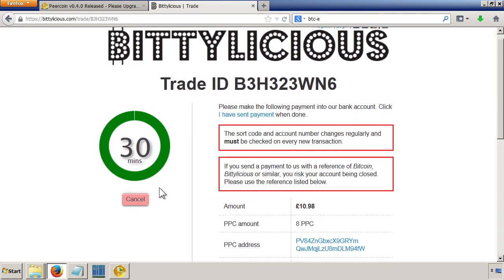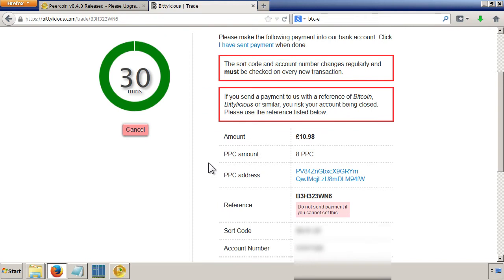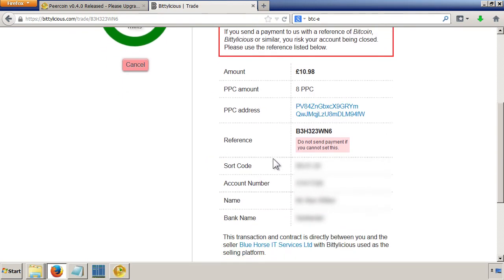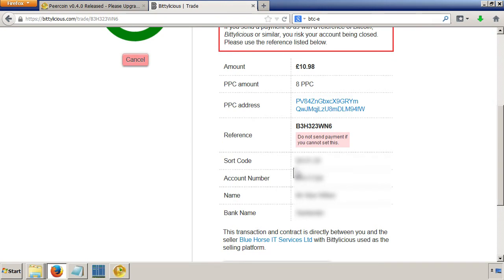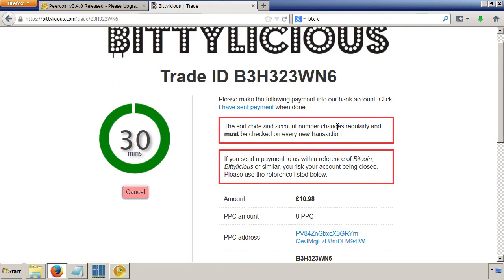And what happens is it gives you 30 minutes to make a transfer from your UK bank account and give it this reference. And this is the details that you need to send it to. So it's sort code, account number, and most importantly, the reference, so that they know that you've paid. So I'm going to log into my bank account.